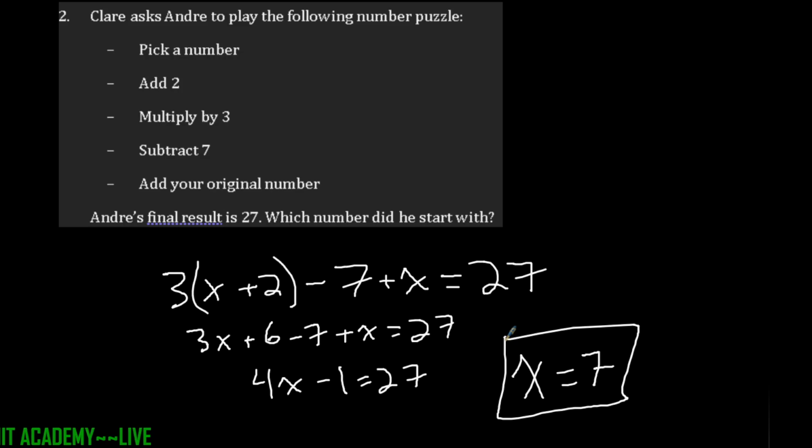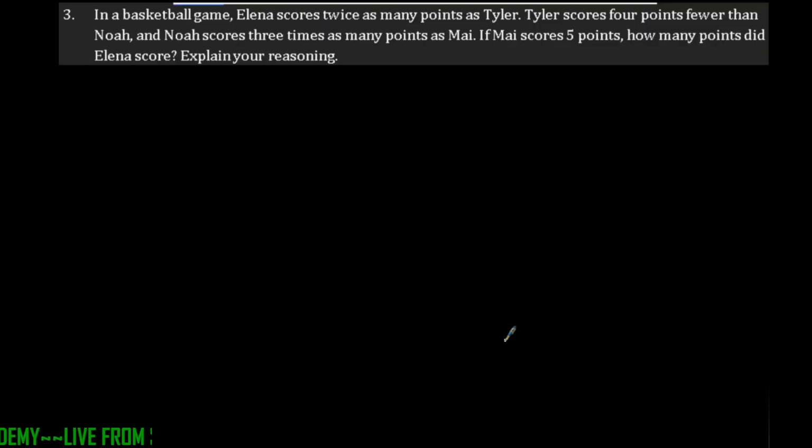On the back, it has in a basketball game, Elena scores twice as many points as Tyler. Tyler scores 4 points fewer than Noah, and Noah scores 3 times as many as Mai. If Mai scores 5 points, how many points did Elena score? So we could say,